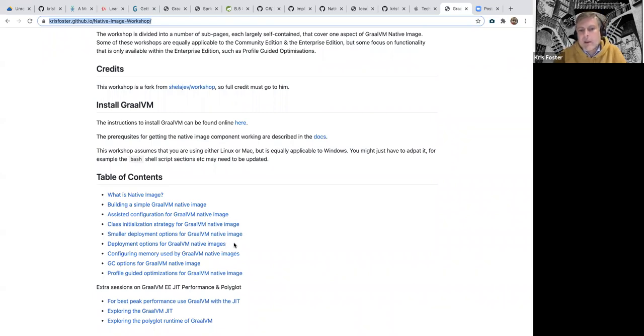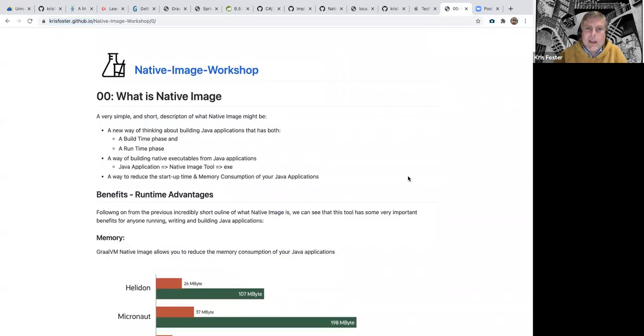We're going to spend a little bit of time looking at deployment options because Docker obviously is going to be a very interesting deployment scenario for native image. And then if we have time, we'll talk about memory configuration, GC, and some of the enterprise features such as profile guided optimizations. So without further ado,